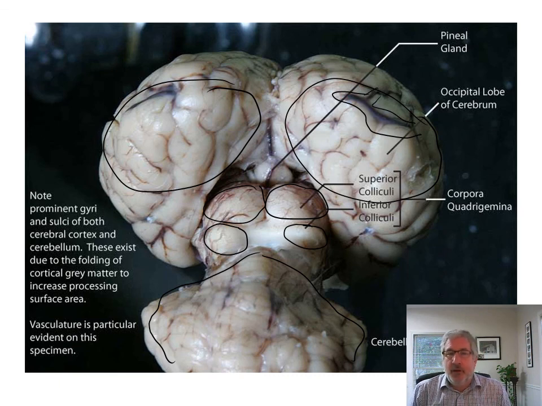So anyway, next slide. I just want to show you what it looks like in a sheep brain dissection. I'll show you those slides later, but just so you get an idea of where we are. So that's the roof of the midbrain, the tectum, on which the superior colliculi and inferior colliculi sit, and that's the top, the most superior portion of the brainstem.